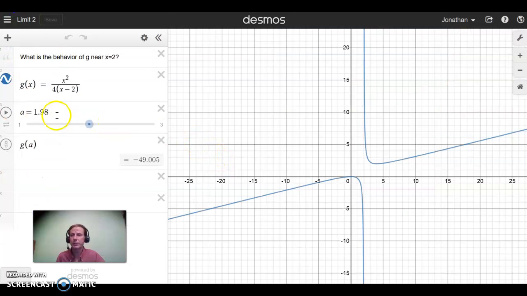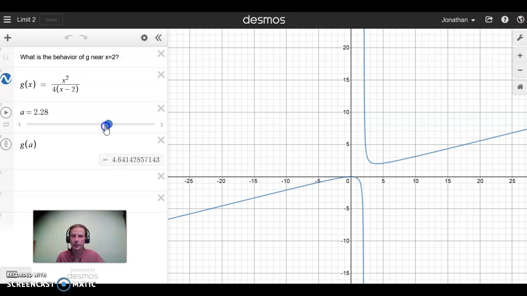Now we've got another function, g of x equals x squared over 4 times the quantity of x minus 2. And the question is, what is the behavior of g near x equals 2? You can tell from the graph, it appears that g has a vertical asymptote. Indeed, if we use this slider to change the input values and have the input get closer and closer to